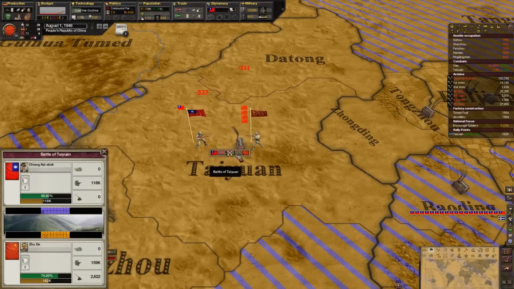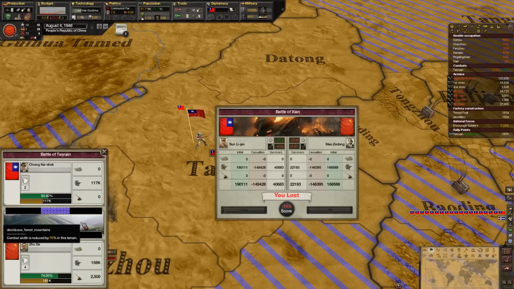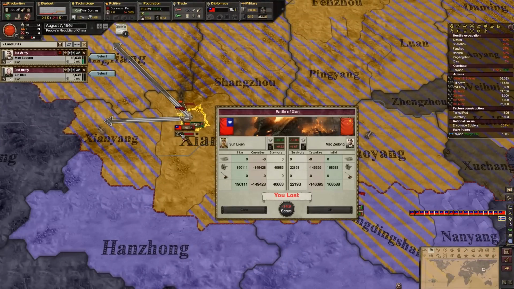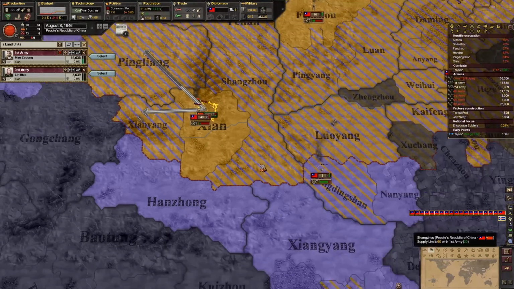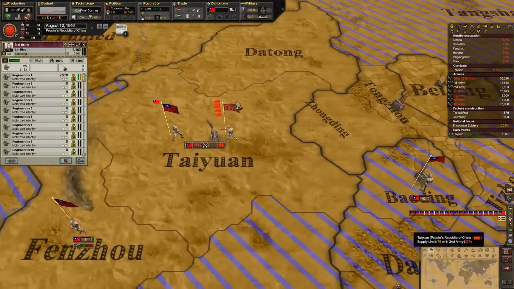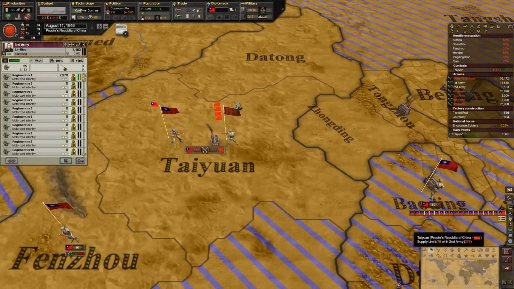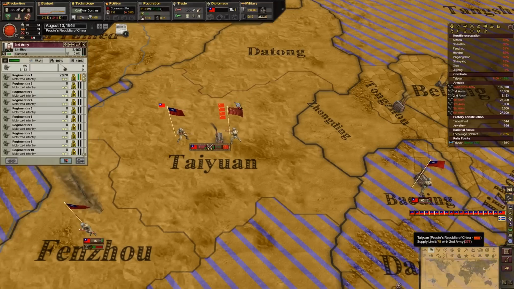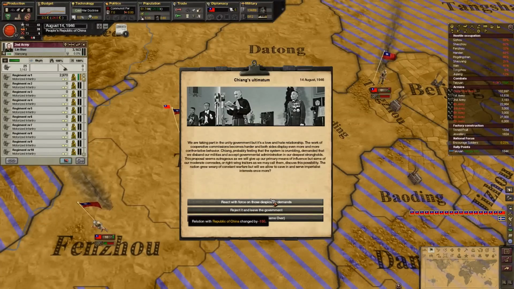How is this? Like, we have hundreds of thousands of men fighting each other. Sure, in Forest Mountains. Deciduous. What the crap? That's not good. That's not good at all. So Taiyuan? Come on! This is the last...